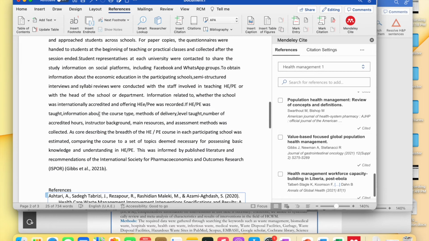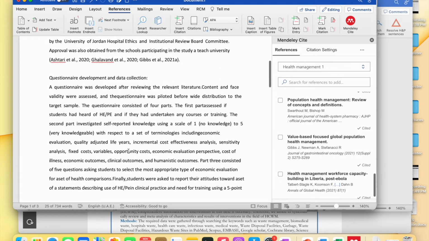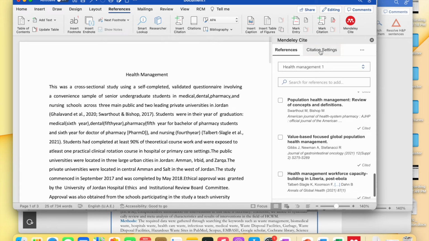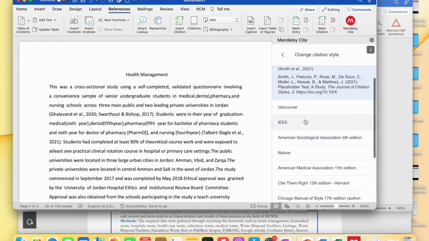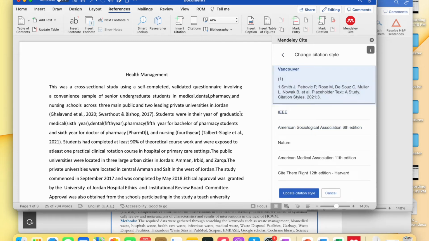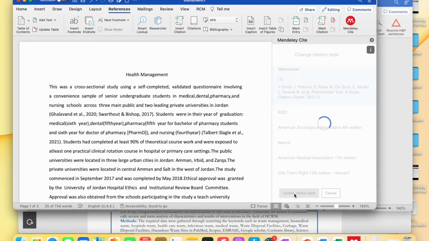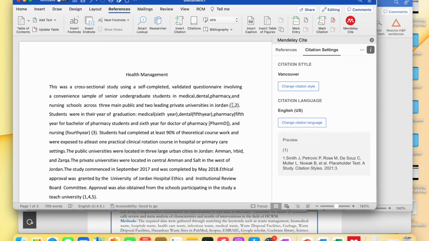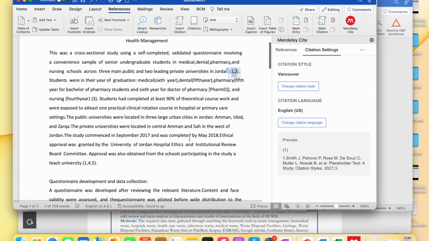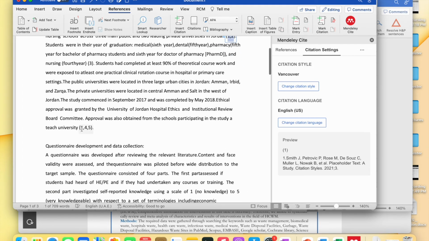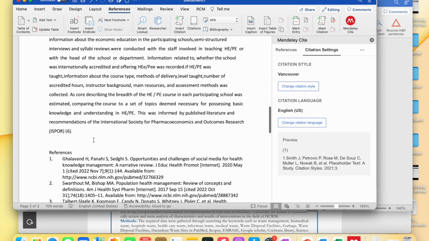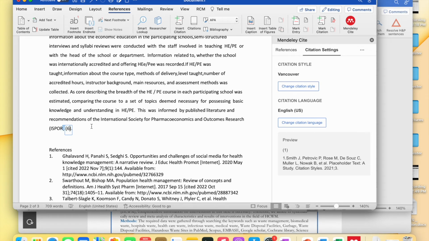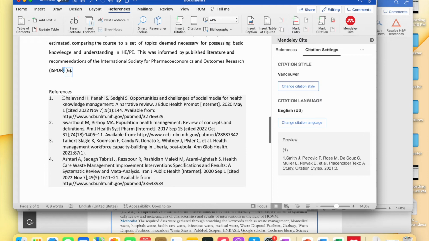All right, so this is an APA citation style. So if I want to change the citation style, I can change citation style. And let's say I want to put it in numbers, so Vancouver, update citation. You see it was in APA, now it's in numbers. Okay, here it's in numbers, it's all in numbers. All right, so it really updates